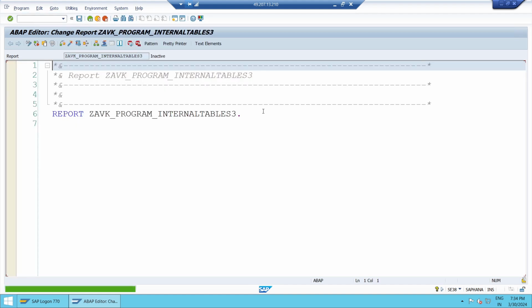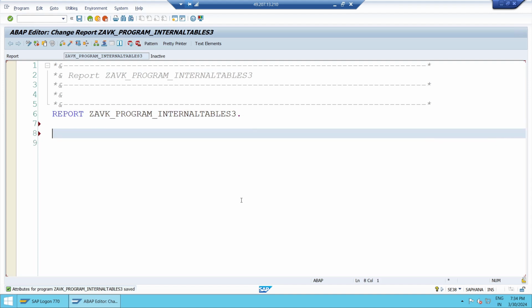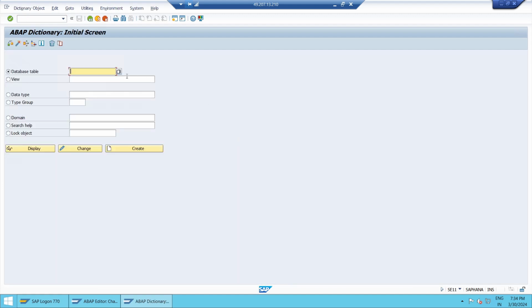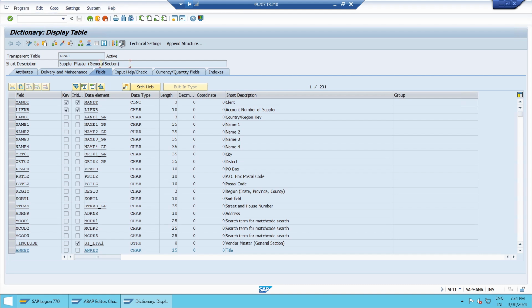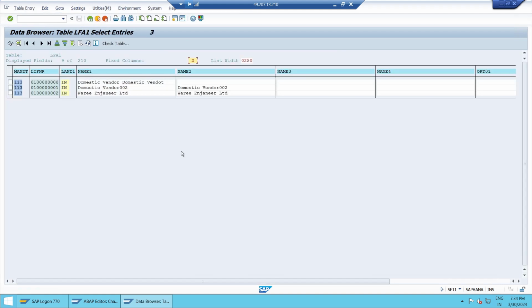First of all, till now we worked on which table? LFA1 table, correct? If you go to SE11, we have LFA1, three records were there. Using three records only, I explained all the three. Correct. Line 1, name 1, name 2. But we have